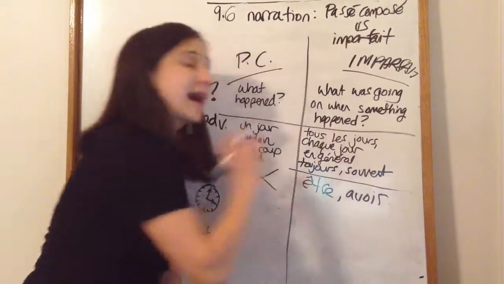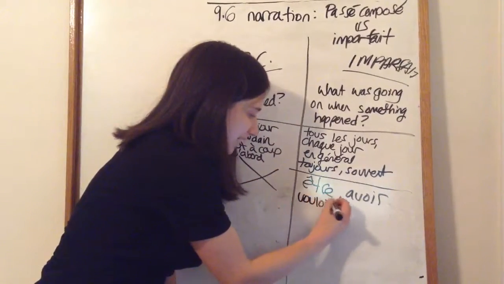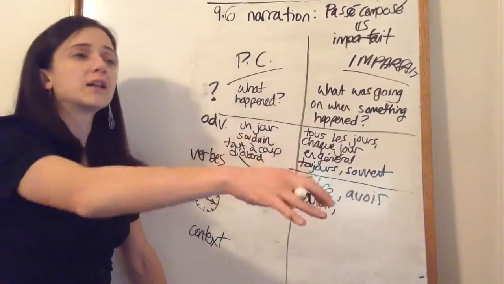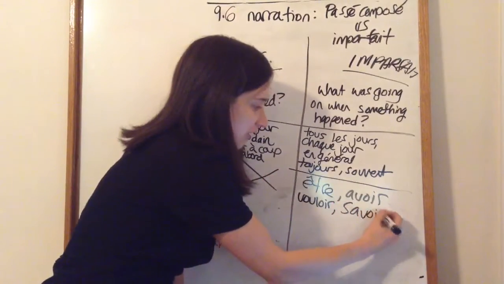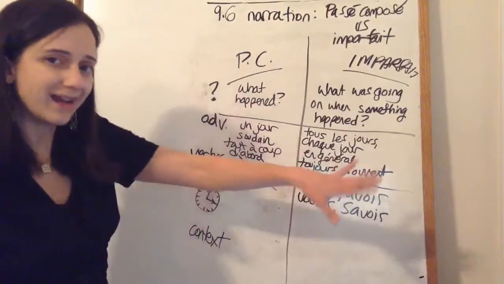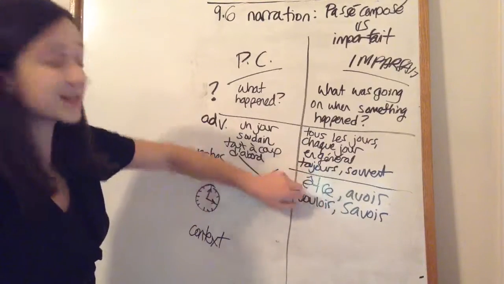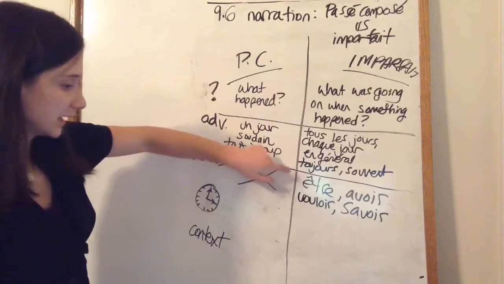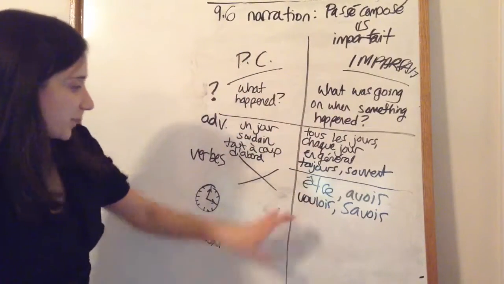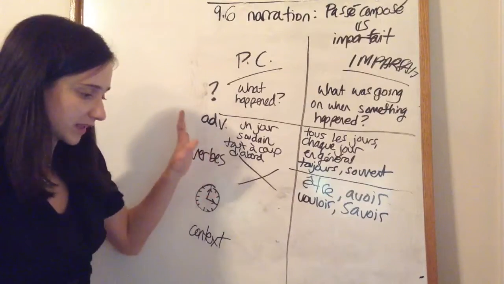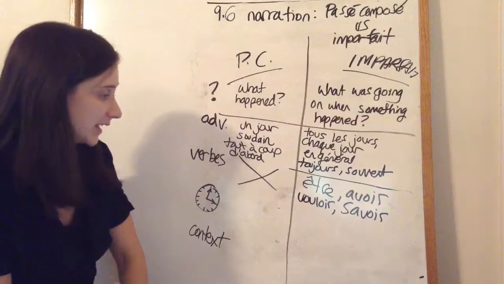Avoir, like you had a pet, it was something that continued. Vouloir, something that you wanted, that you used to want when you were a child. Savoir, that you knew that, it was a continuing action in the past, okay? So describing a state of being, être, in the past. It was just how it was back then. Okay, but they can be in the passé composé. So watch out.